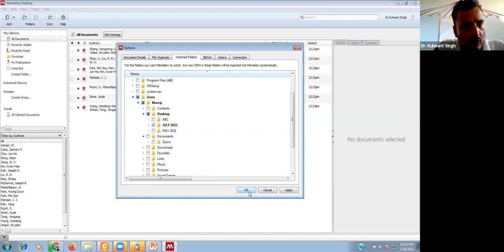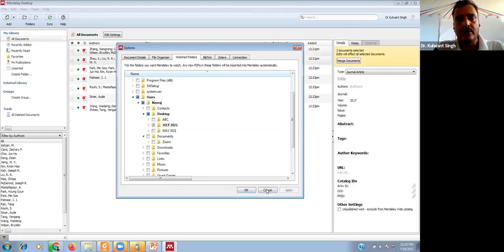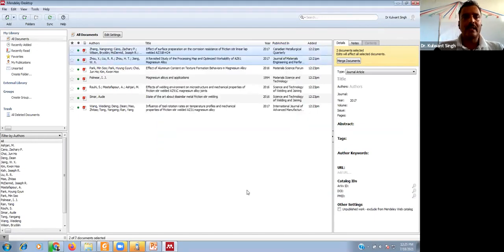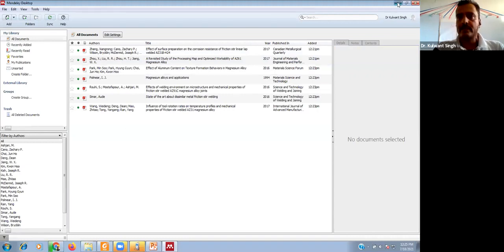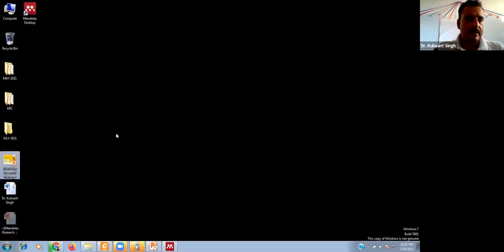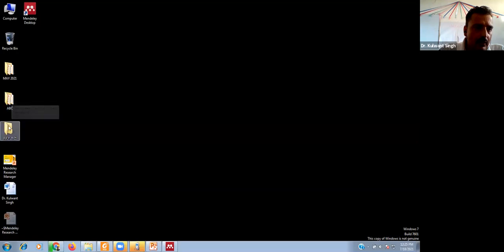It means the Mendeley desktop will keep watching this folder. If any new document is added to this folder, then Mendeley will automatically add these new files to the Mendeley library. So there is no need to add them manually. Now for the practice, this is the folder we have added.